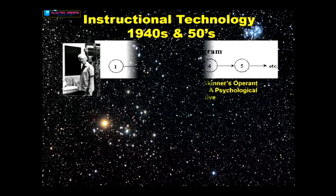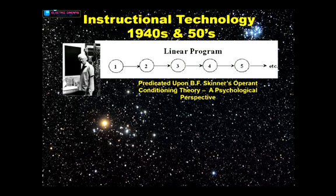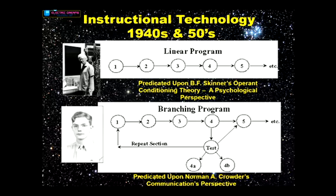But then in the 40s and the 50s, we had some people who came along with some outstanding theories of learning. One of them, of course, was B.F. Skinner, and the other one was Norman Crowder. And they both had theories of learning. The Skinnerian, I'm not going to go into all of Skinner's, the Skinner box and all of that, but there